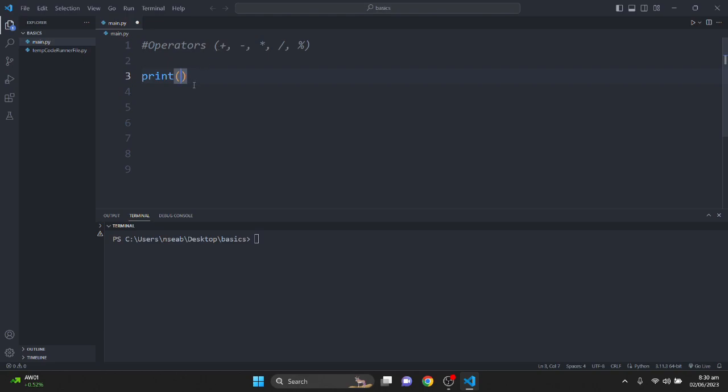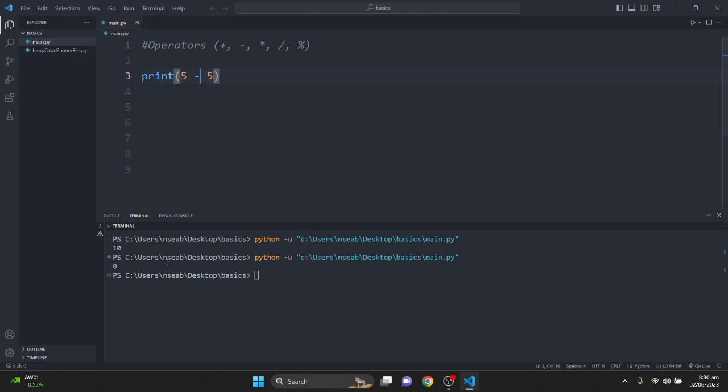Let's start with addition. You can simply say 5 plus 5 and save. Run the code. You will see 10 printed here on the terminal. If we change this to minus and we save and we run the code, you're going to see 0 printed here on the terminal. Let's change this value to maybe 15 and let's save. Let's run the code again. You're going to see 10 here, and we all know that 15 minus 5 is 10. So with arithmetic operations, all you have to do is use this plus sign for addition and use this minus sign for